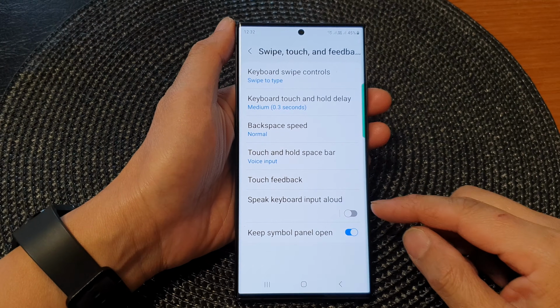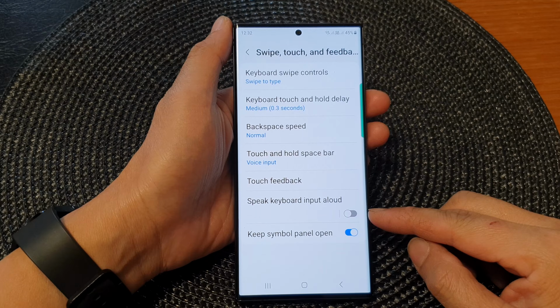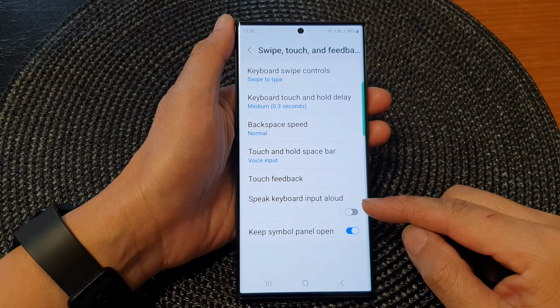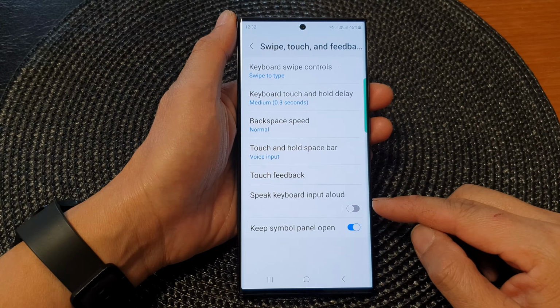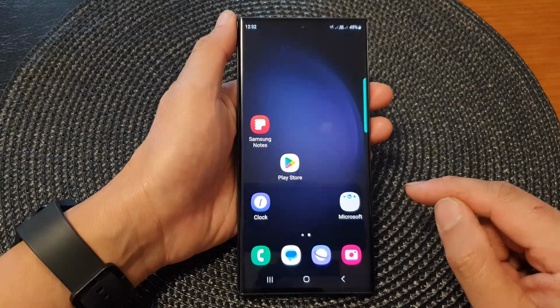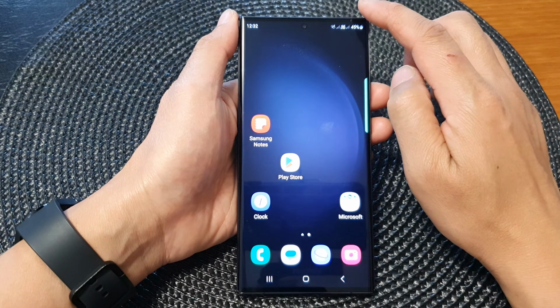Hey guys, in this video we're going to take a look at how you can enable or disable Speak Keyboard Input Aloud on the Samsung Galaxy S23 series. First, tap on the home button to go back to the home screen, and from the home screen swipe down at the top,